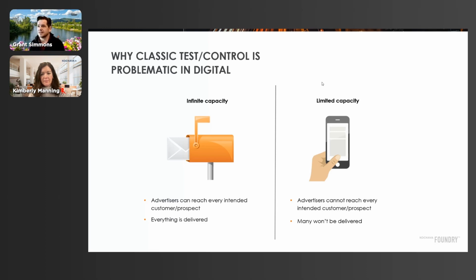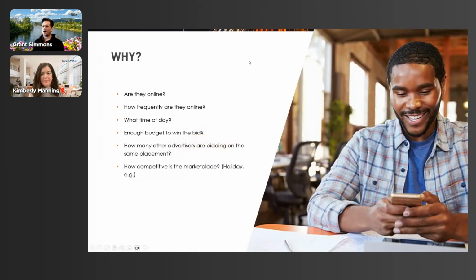However, that doesn't exist in digital. If I were to define 5 million IP addresses or mobile ad IDs or email addresses, assuming that you could address email addresses, or any other sort of identifier, and I were to hand them to a DSP, an email provider, or anybody, how many of those are going to get delivered? The answer is not all of them. In fact, probably not even half. Why? The notion of limited capacity in digital is largely affected by, you can think about RTB, right? Did you bid enough to win their eyeballs?